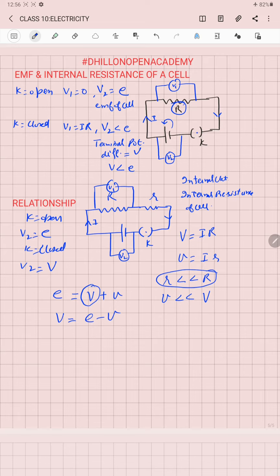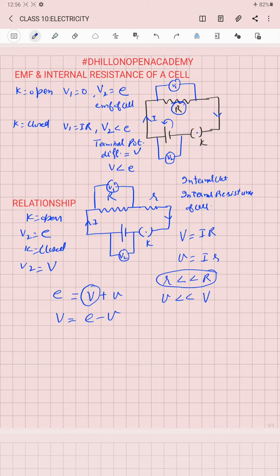So this voltage that we call terminal potential difference is, you can clearly see, obtained by subtracting some voltage from the voltage of the cell when it was present in the open circuit. So this voltage which we are subtracting from the open circuit voltage of the cell when the cell is in the closed circuit, that is the voltage lost across the internal resistance, because of which whenever a cell is brought from open to closed circuit, the potential difference across its terminal decreases, which we call the terminal potential difference.